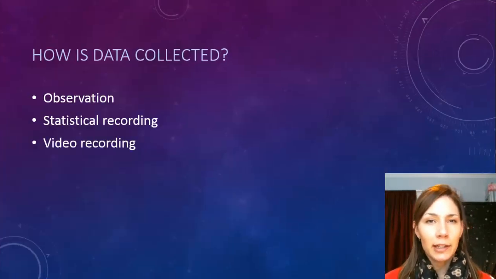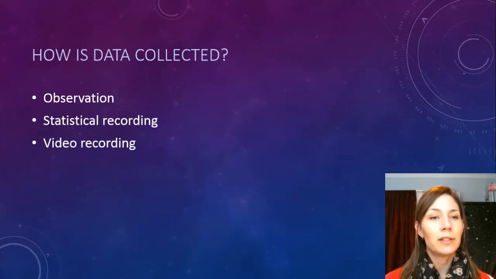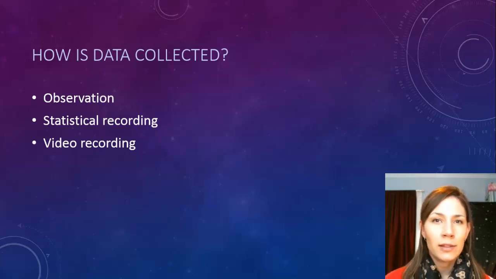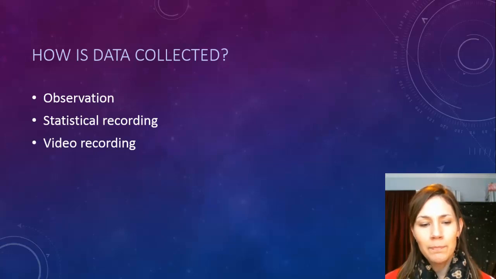Alright, so how is data collected? There's 6 different ways. So these first 3 ones are the mainstream ones. So observation. So basically people standing on the sidelines, observing and writing down. And also you'll need quite a few people to do this. You can't just have one person observing. So they'll write different things like playing styles and whether people are sprinting or whether they're having rest periods and